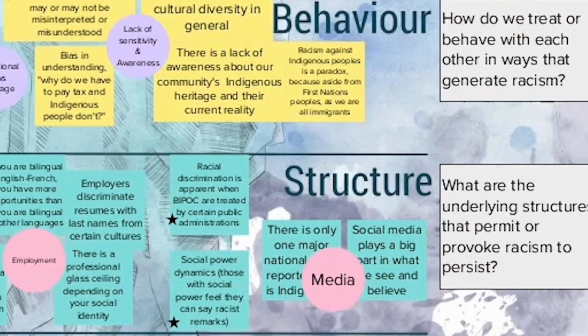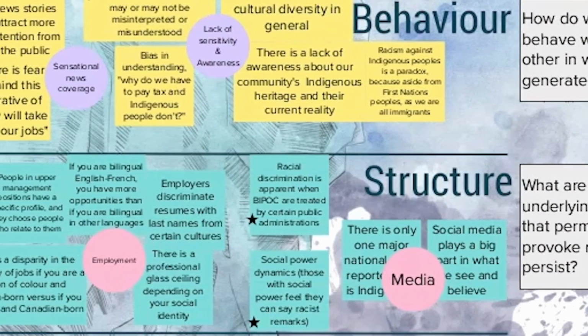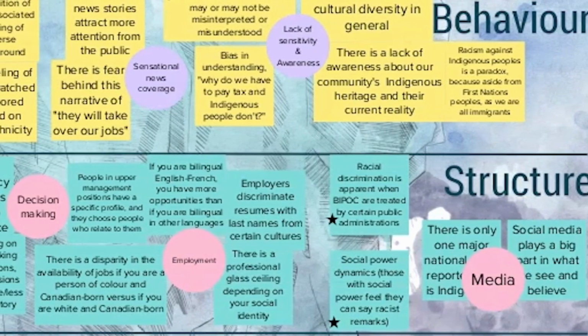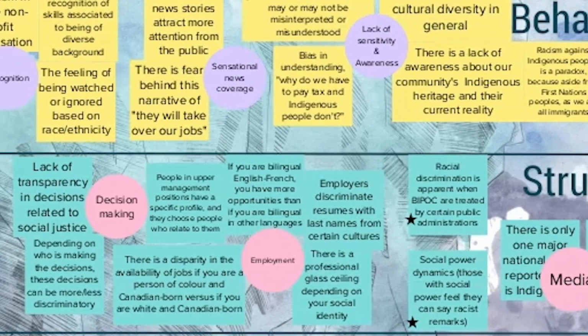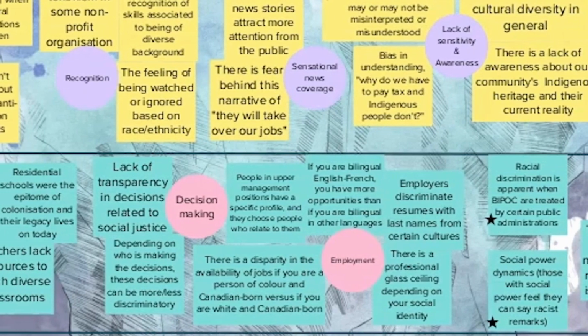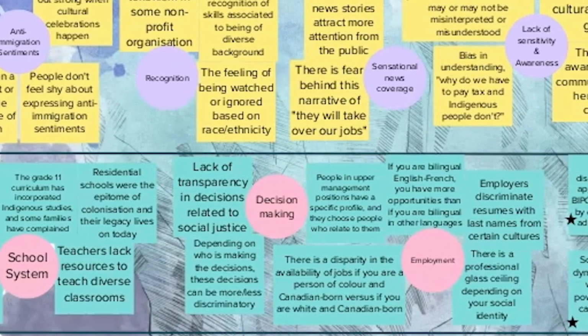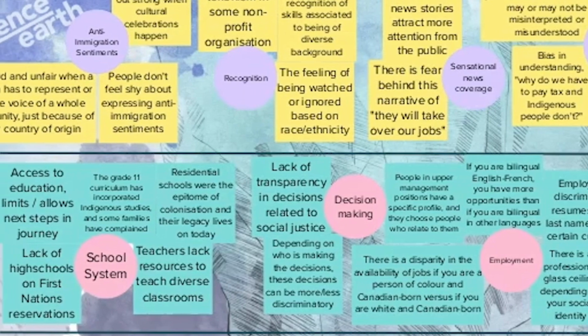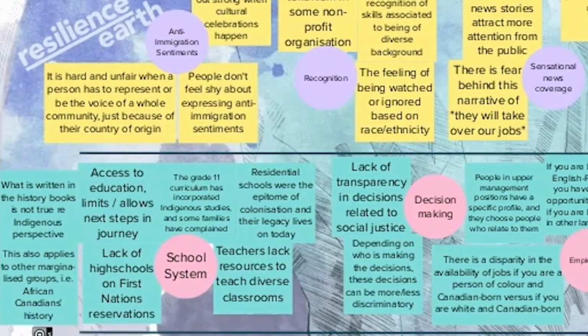Put a small star beside these outliers. And as we know from the leverage points video, here at this layer, at structure, is where we can start detecting the deeper causes to the complex issue of racism in our communities, which will help us identify leverage points later on. So once we have identified the patterns at the structural layer, it is time for us to move